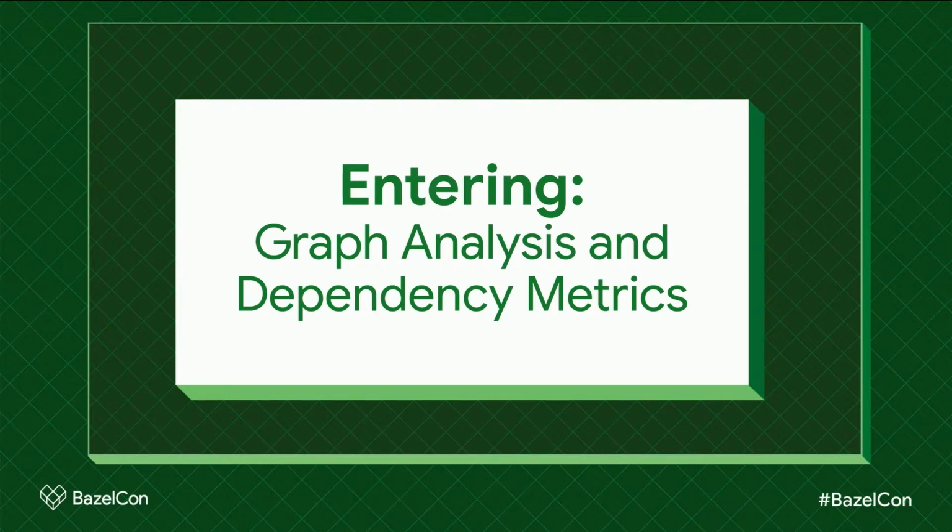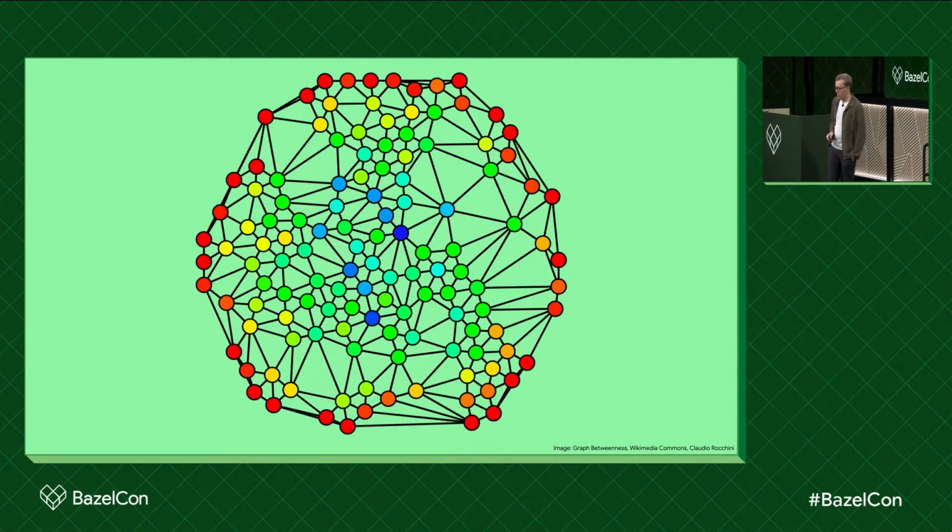So, as a way to understand this type of phenomena of bottlenecking in our dependency graph and identify them so that we can improve and counteract them, enter graph analysis and dependency metrics as our proposed solution. And as you've seen so far, the dependency structure between build targets can be represented by a mathematical graph or a network, something that could look something like this. And this type of network structure is very common across research and engineering in general. For example, if you're modeling social networks, or looking at the spread of diseases and epidemics, etc.